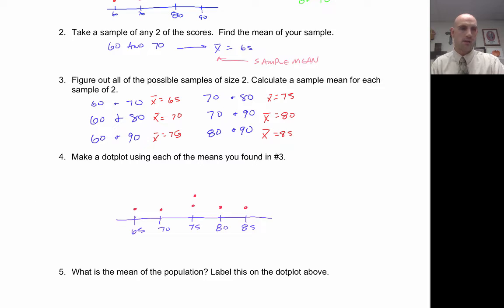On this dot plot, let's point out, what does a single dot mean? In this case, a dot is the mean of a particular sample. So this is one sample of 2 with a mean